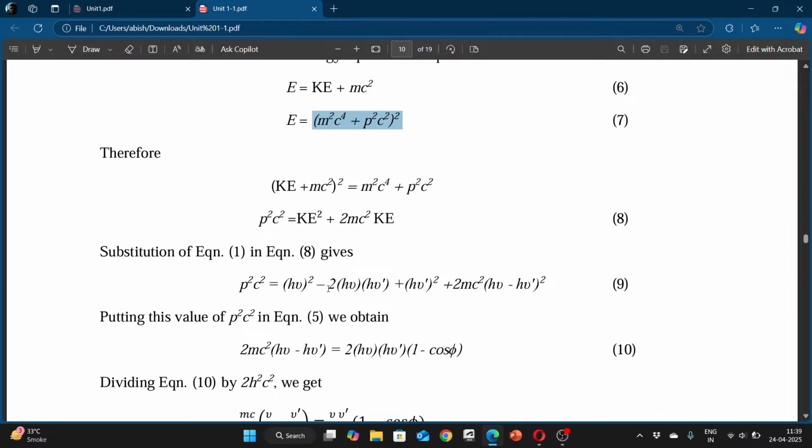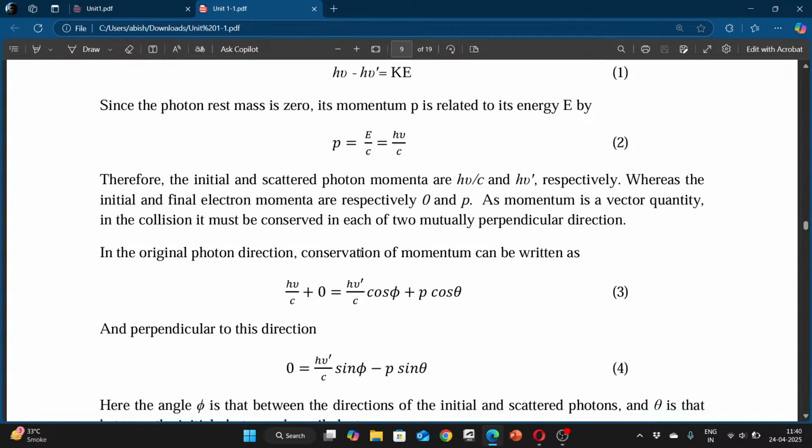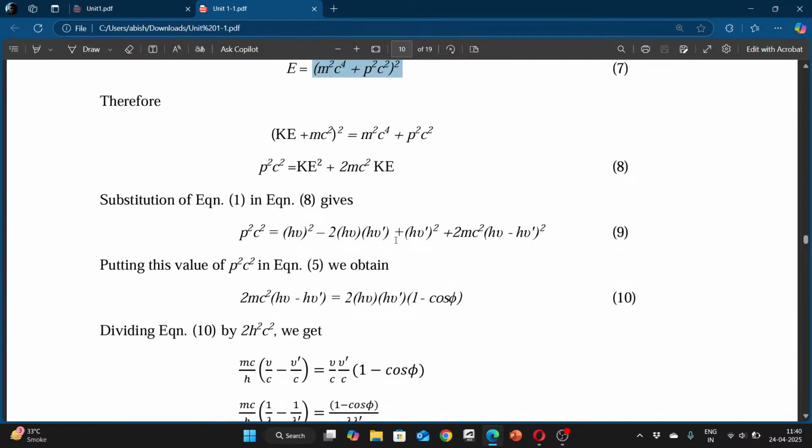तो ये आया, फिर तो ठीक है, फिर पी स्क्वायर सी स्क्वायर इक्वल टू के ई स्क्वायर प्लस टू एम सी स्क्वायर, वो हार्ड फूड पे आया है। और सब्स्टिट्यूशन इक्वेशन वन इन इक्वेशन एट, तो ये इक्वेशन वन क्या था, एच म्यू डैश माइनस एच म्यू, एच म्यू माइनस एच म्यू डैश इक्वल टू के। अब इसमें ये कैसे आ गए, के ई को सब्स्टिट्यूट कर दो, तो एच म्यू माइनस एच म्यू डैश, तो पी स्क्वायर सी स्क्वायर इक्वल टू एच म्यू का होल स्क्वायर माइनस टू एच म्यू इंटू एच म्यू डैश प्लस एच म्यू डैश का होल स्क्वायर प्लस टू एम सी स्क्वायर एच म्यू माइनस एच म्यू डैश का होल स्क्वायर।